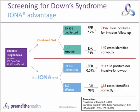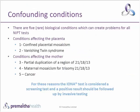When we talk about a screening test, we think about specificity and sensitivity. And as I said at the start, the benefit of NIPT, including Iona, is that the false positive rate is very low and the detection rate is very high. But it's not perfect. The reason it's not perfect is there are five, possibly more, rare biological conditions which can create problems for all